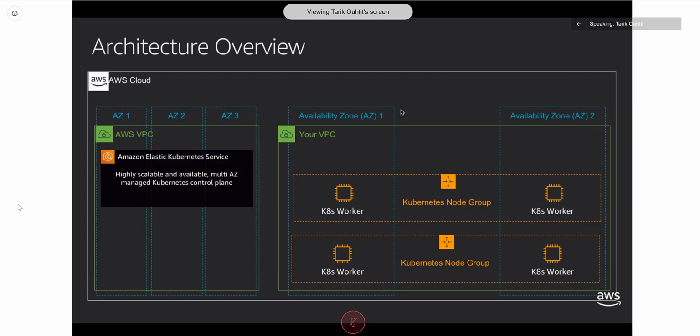Let's have a look at what it deploys for us. So here you can see a couple of different VPCs. The one on the right is your VPC as a customer. This command will deploy auto-scaling groups of Kubernetes worker nodes into your AWS account. The VPC on the left sits within one of AWS's accounts, and this is where your control plane will be deployed. Behind the scenes, we deploy a control plane that spans multiple availability zones, so data centers, and has high availability and scaling built in.